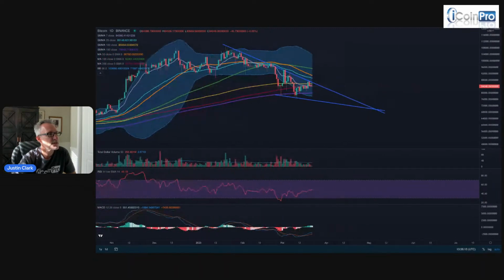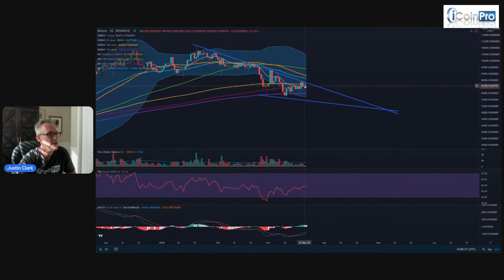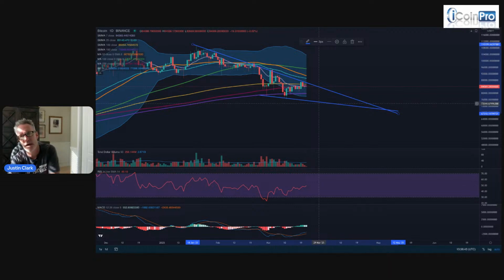So what do we got as far as key resistance areas? Well, we obviously have to recover the SMMA 7, smoothed moving average 7. And in order to do that, we have to get above 85, so really 85, 86,000. The challenge is each time we go up to this, sellers are probably going to keep showing up. And if there's not enough buyers, we're just going to hit it, drop back, hit it, drop back, and then eventually probably head south once there's enough confirmations